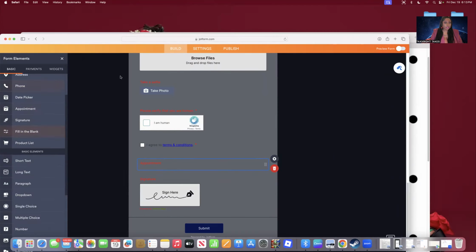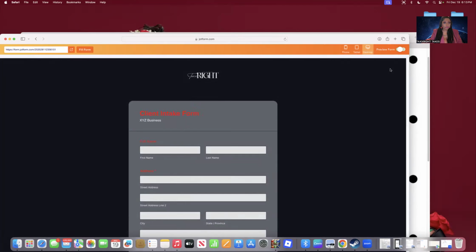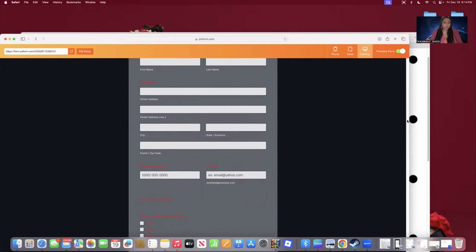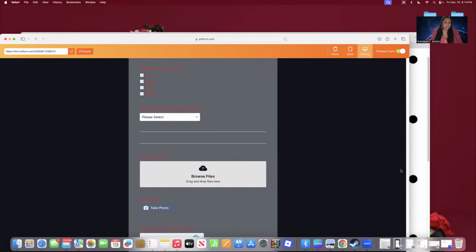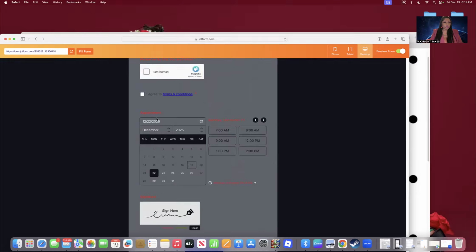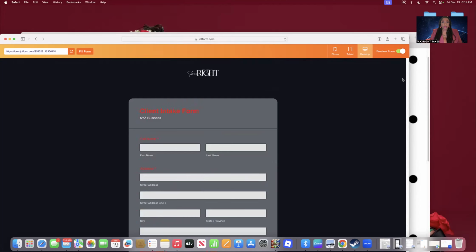And then if you want to preview the form up here to the left, this is what the form would look like based off what we just put in there, which isn't too bad. As you can see, you're able to drop that appointment in there and they can schedule an appointment with you as well. So, which is always good. So this might be good for funnels, client appointments, so on and so forth, signatures, gathering those. So yeah,